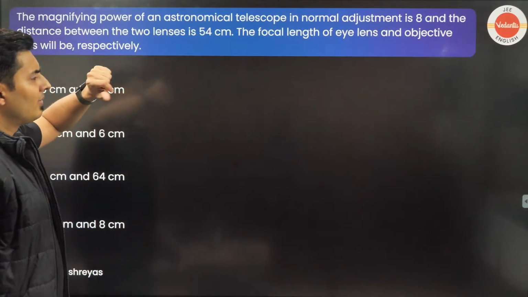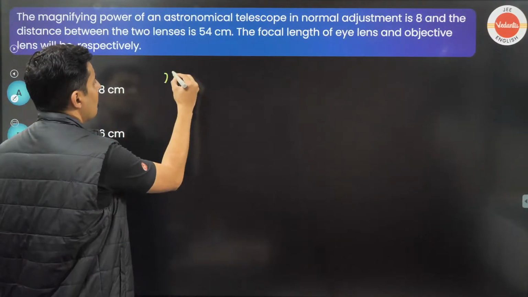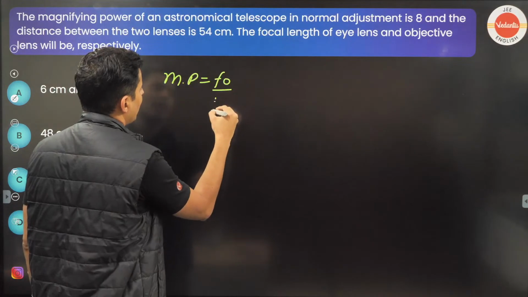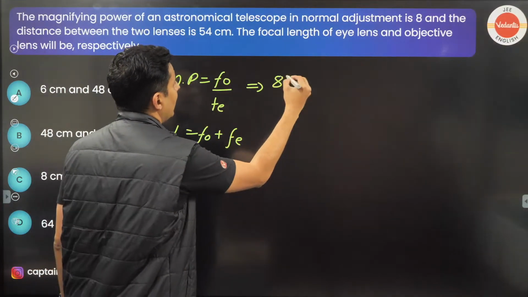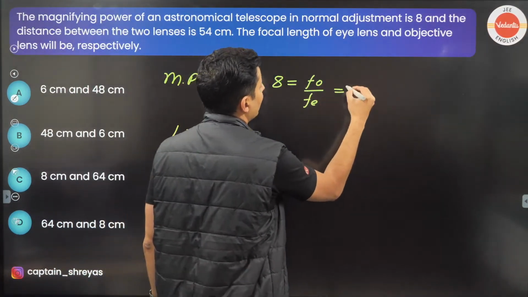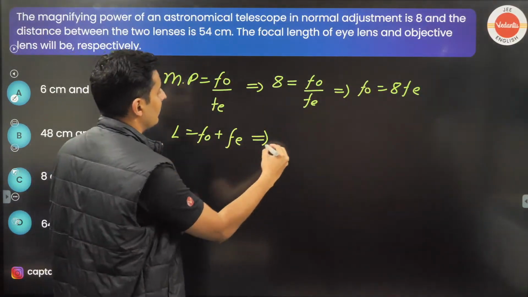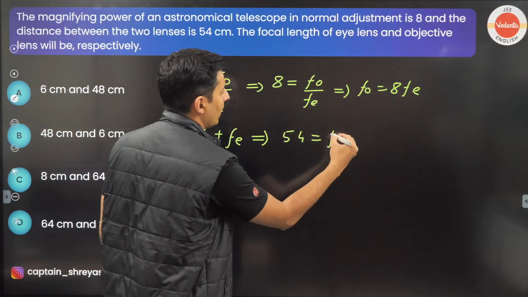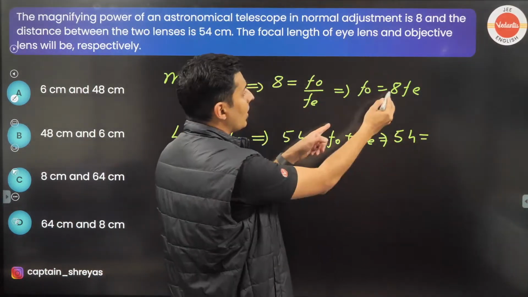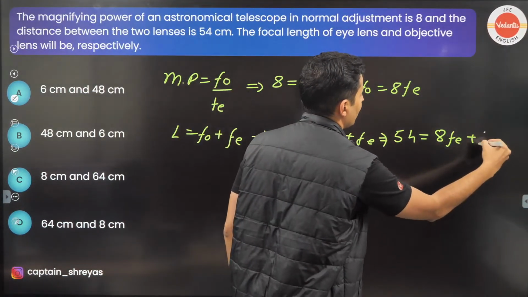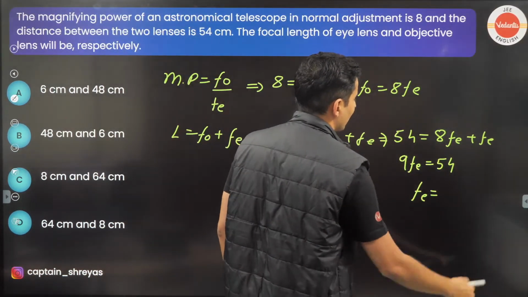Okay, let's try this out. First of all, the length is given and the power is given. Magnifying power is F0 by Fe and length is F0 plus Fe. So 8 is equal to F0 by Fe, which means F0 is 8 times Fe. And the length is 54, so 54 is F0 plus Fe. That means 54 is 8 times Fe plus Fe. So 9 times Fe is equal to 54. So Fe is nothing but